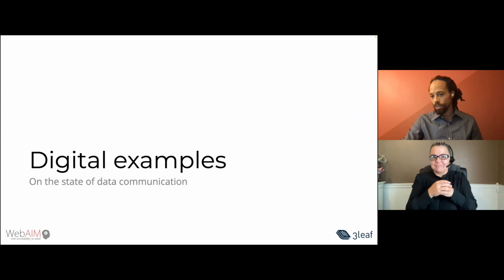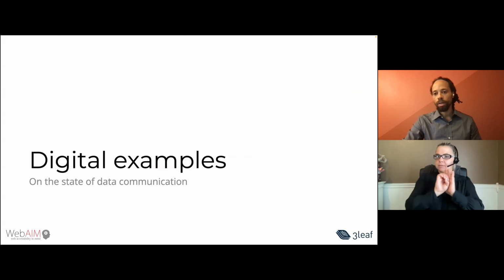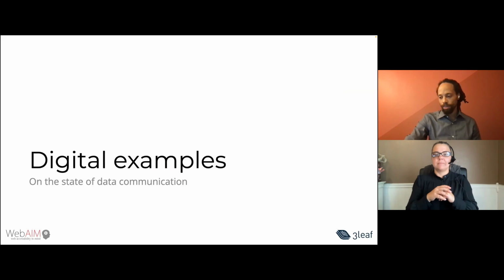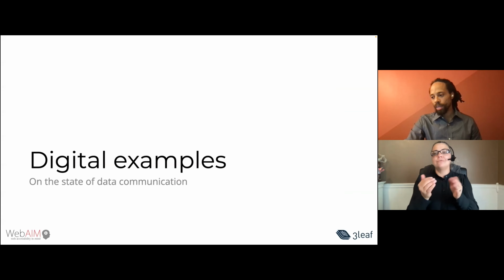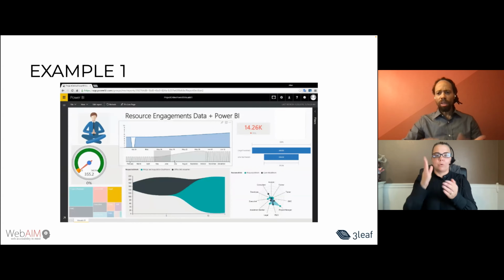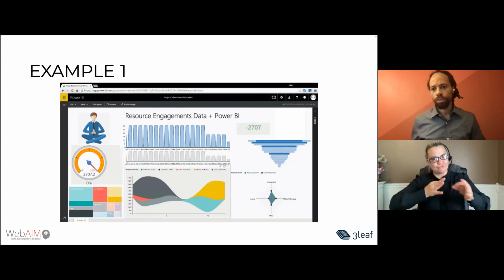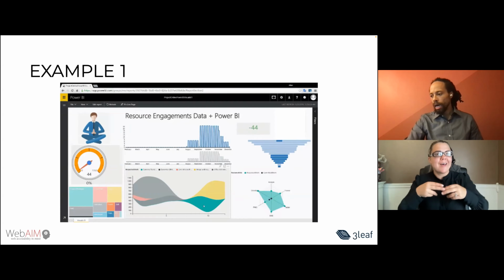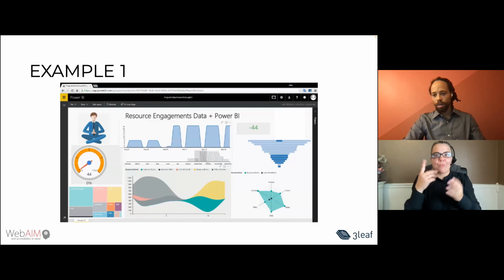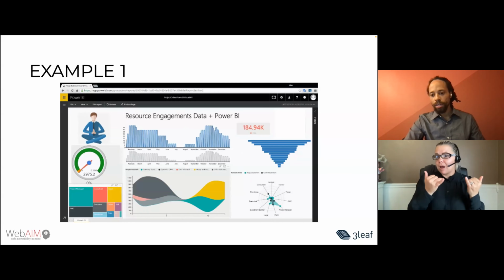So we're going to get into that with some examples across the board, and also come back to the lithophanes. Some digital examples of the state of data visualization. Now, I'm going to do my best to describe some of the more visual slides here so that everybody can experience this. The slide that I'm showing right now is a rather busy,